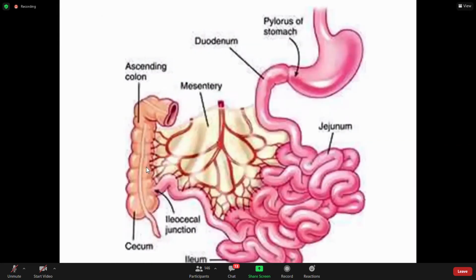So this is the stomach. Here is the duodenum. You have the duodenum, then the ileum, and then at the junction, the ileocecal junction. Now this is the location of the cecum, then the appendix, and then you have the large intestine. So till now, we have seen the difference between the different parts of the small intestine. Rather, to be specific, it is the difference between the duodenum and the ileum.